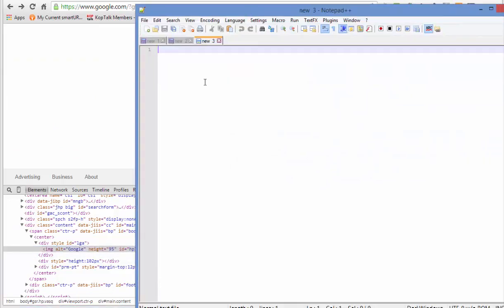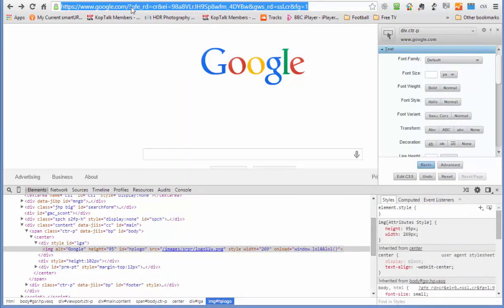So let me just bring in a notepad. I'm going to paste that in. And what I'm interested in is this bit, because that is the Google logo. And we can check that by going to google.com,